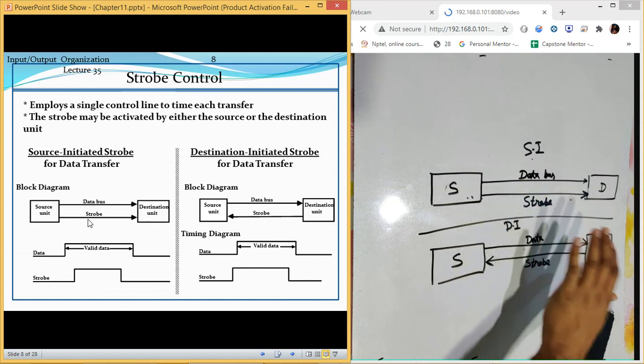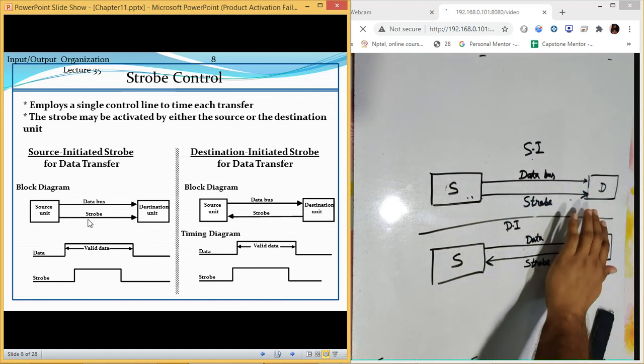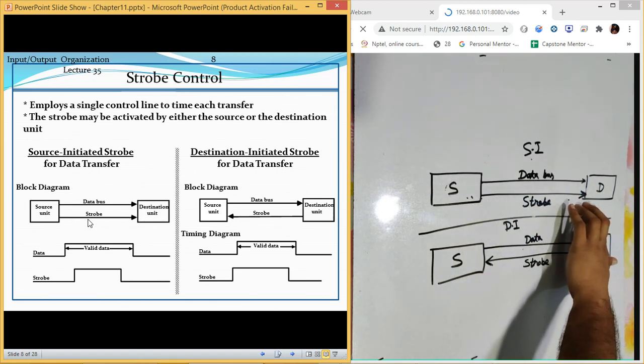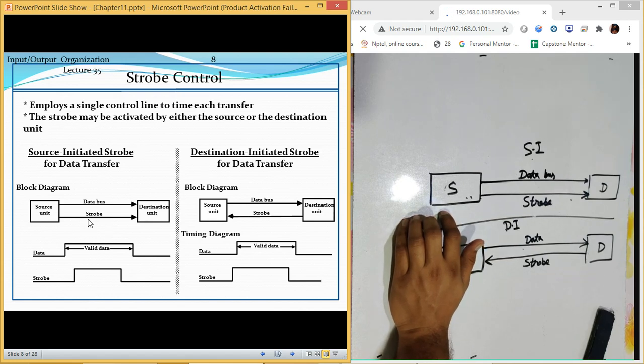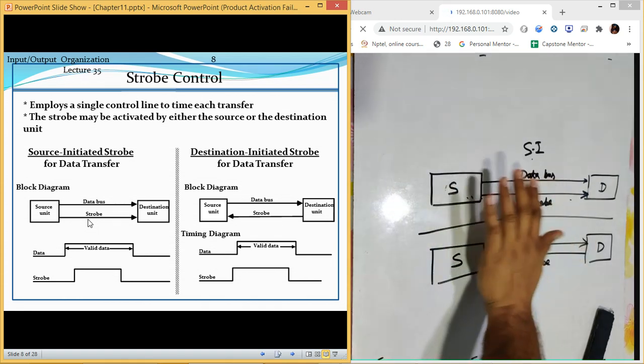So if there is any problem when we are sending the data, our source will never be aware of it. Source will never come to know what has happened. According to this concept, the source will send the data and then it is free. It doesn't know whether the data was received or not, so it doesn't bother about that.